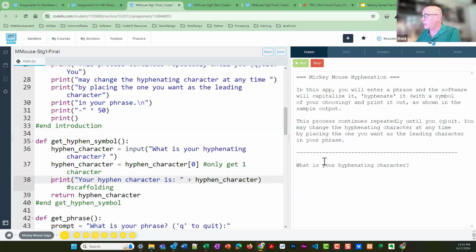So let's suppose I put in a hat symbol, at symbol, and star symbol, because I'm being mean. Well, it says your hyphen character is top hat. Well, that's a breadcrumb that I might be taking out later. But I just want to see, did it really work?